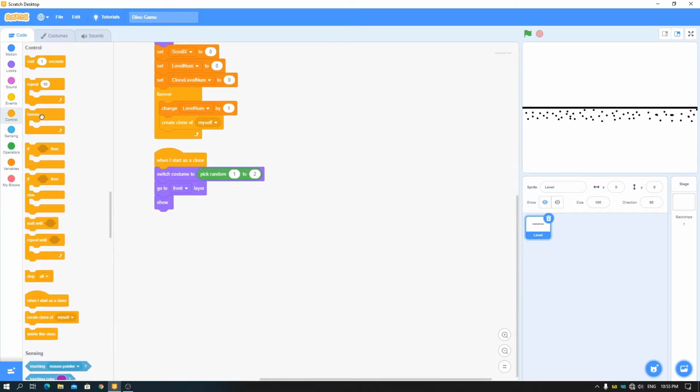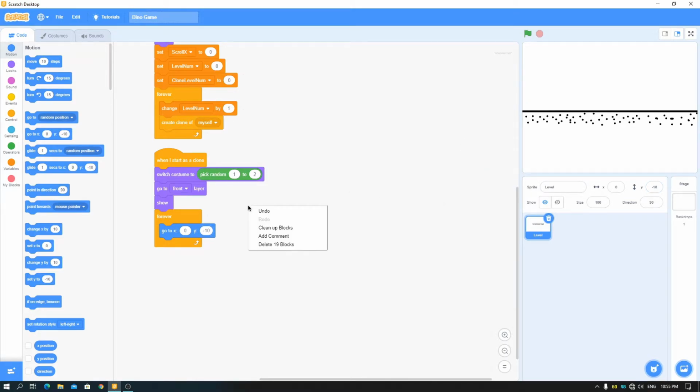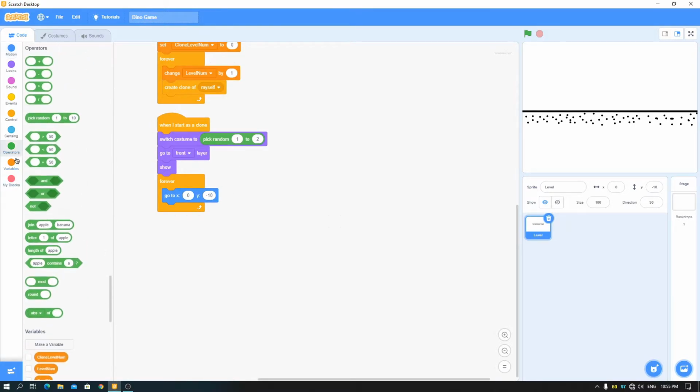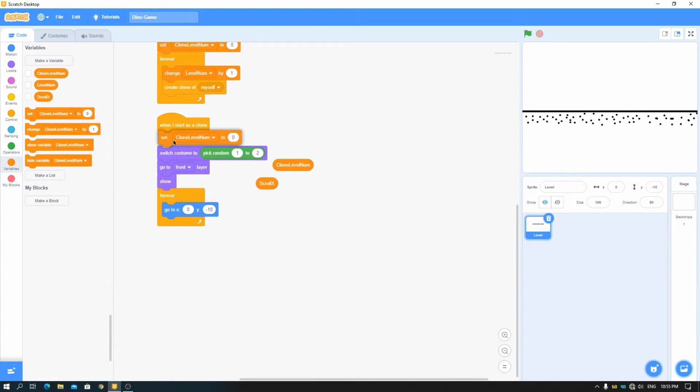So then forever, go to x 0 and y 0 and just set y to -10. As this is very much up, you can just decrease here if you want, or if you don't want this, just set it to 0. This won't cause any problems. So then take out the scroll x and the clone level number here, then set clone level number to level number.